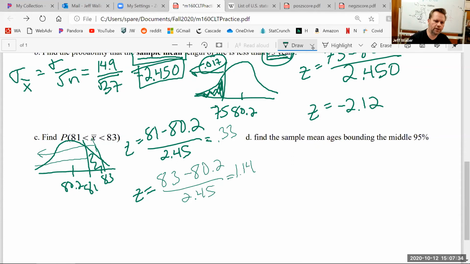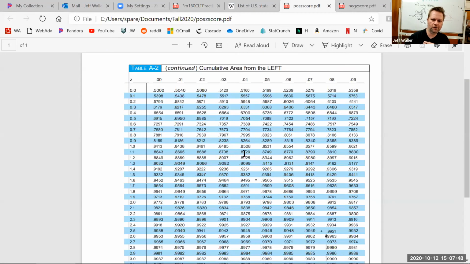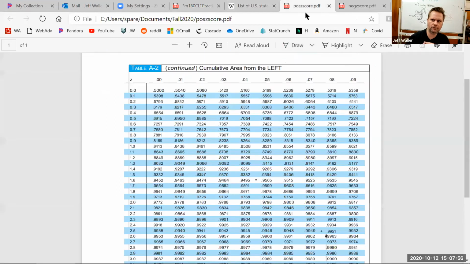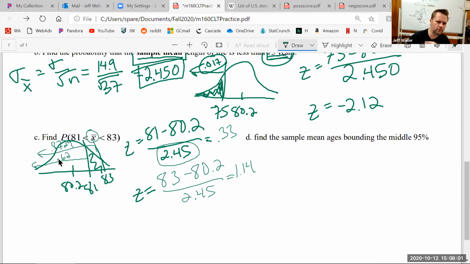So you look those 2 up, right? It's the same stuff as before. The thing was I had to use a different standard deviation than what they gave me, right? Because it's still about the sample mean. So let's see, if we look up 1.14, I get 8729. So that's 0.8729. And if I look up 0.33, I get 6293. So to find the area in between, I just subtract those 2, and I get 0.2436,